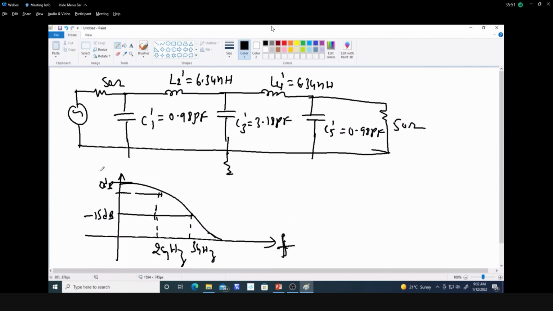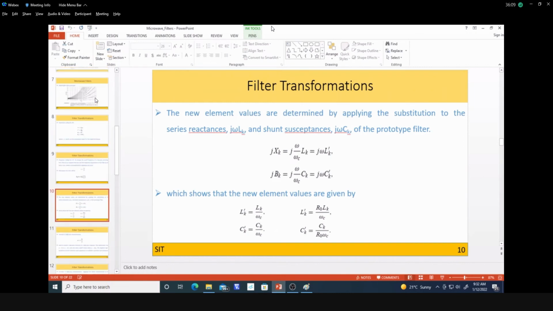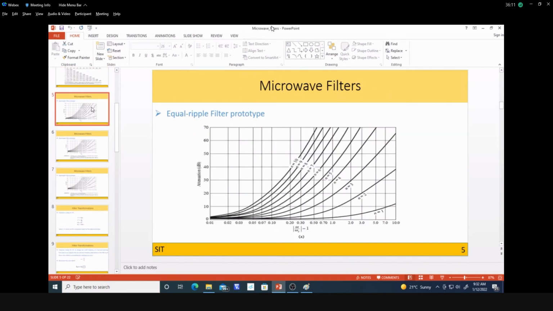So this is what the filter response looks like; we are going to get the maximally flat low pass filter response. This is one design where we design the maximally flat filter prototype. In a similar way, you can do it for the equal ripple filter. You can see for what values of n you are going to get 15 dB here. Maybe n equal to 8 or n equal to 7, you will get 15 dB exactly here.